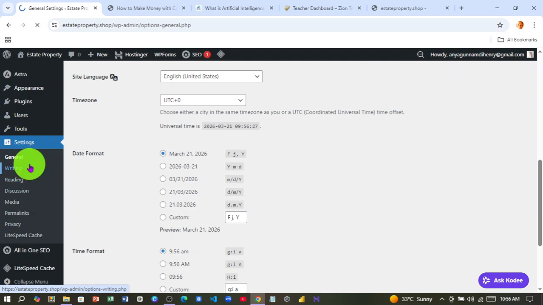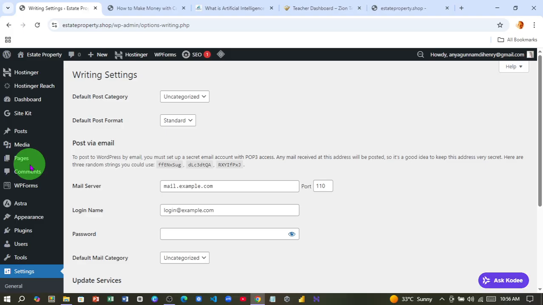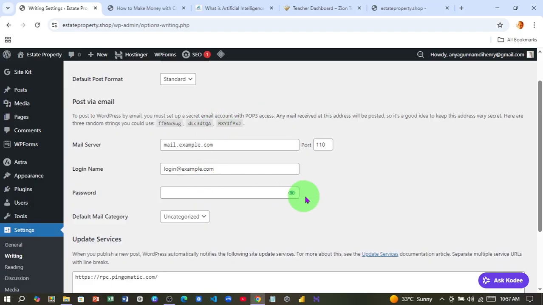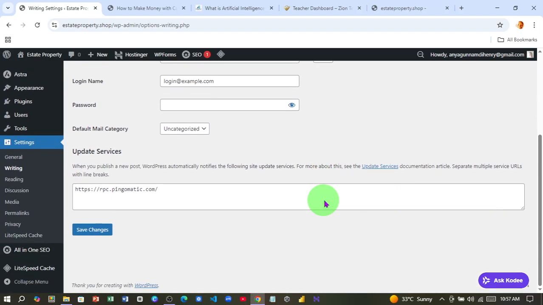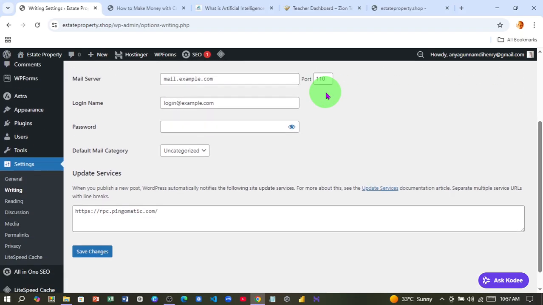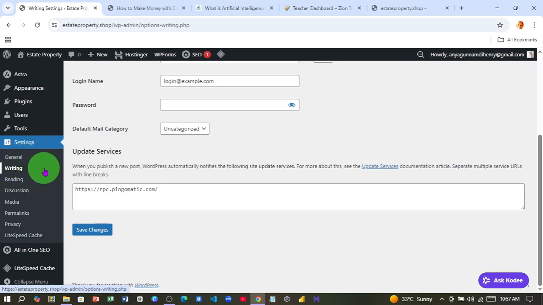You go to writing, that is when you're posting, what are the customizations? What's the default category? We only have one, we'll create a category. You get? Default post format, standard. And there are other post formats, aside, chat, gallery, and all. Standard we're using. Post email, just leave all these ones. Password, just leave all of them. Update services, do you need to change anything? Nothing changed. You just leave it and go to